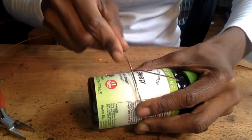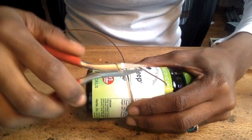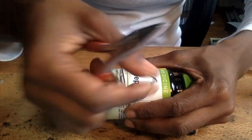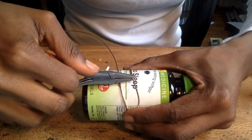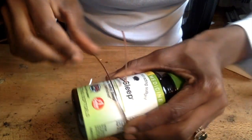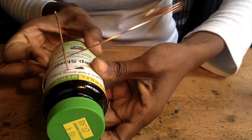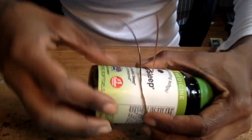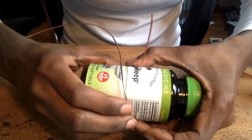So once you have it wrapped around the circle, you want to hold it tightly. Grab your flat nose pliers and take the shorter end of the tail and bend it straight up 90 degrees. So you want that tail to stick straight up, as you can see here. So I bent it at a 90-degree angle, and you want to try to have it as close to the bottle as possible to do this,